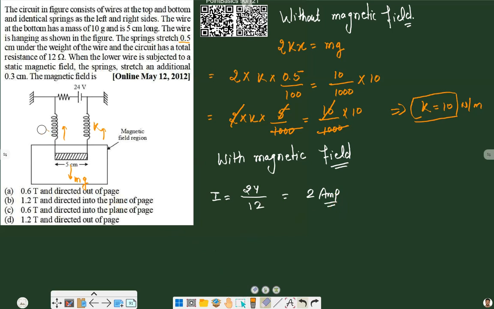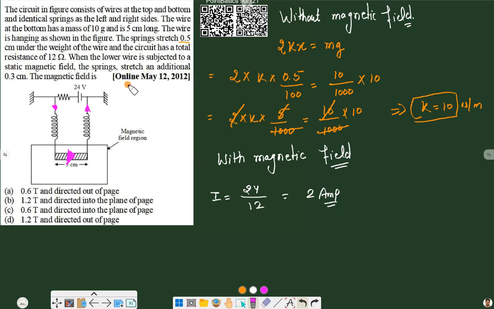Let's first clear these. Now we are discussing the second case. So the direction of the current will be from the positive to the negative. So it will be here. Here in this spring we will have upward direction, and in the wire, the direction of the current will be in the positive x direction. And the magnetic field,